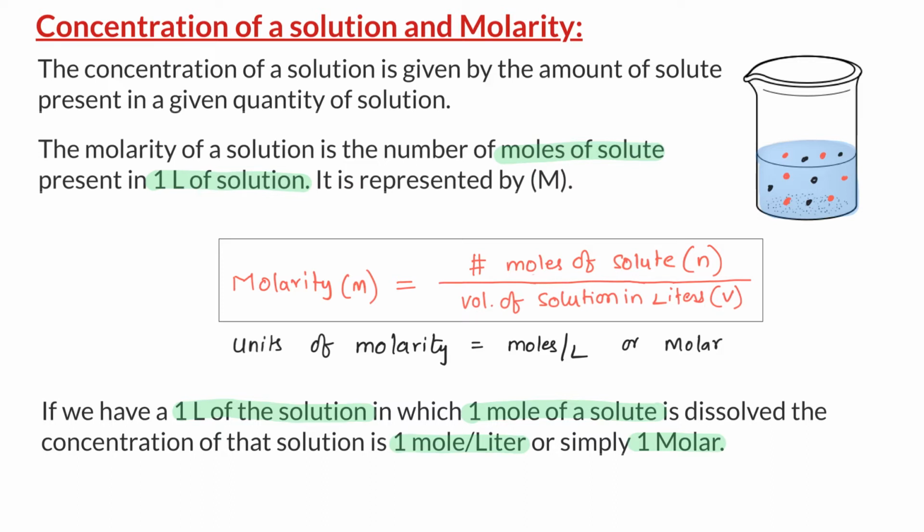Let us do some example problems. If we look at the formula, there are 3 different variables: the molarity of the solution, the number of moles of the solute, and the volume of the solution. We give you 2 of these variables and ask you to find the third one. Therefore, there are 3 different combinations or types of problems you will be asked to solve.